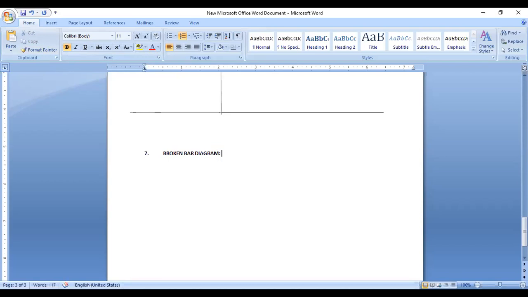It is used for presentation of data which contain wide variations in values. Sometimes the range of data is very wide. The data may contain very large observations along with small observations, or some other kinds of abnormalities can be found. If a normal bar diagram is drawn, the small bars will look too small and clumsy and may not disclose the true features of data. In such cases, the broken bar diagram is used.